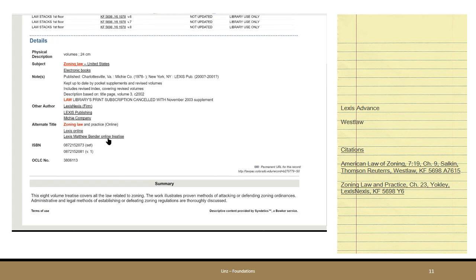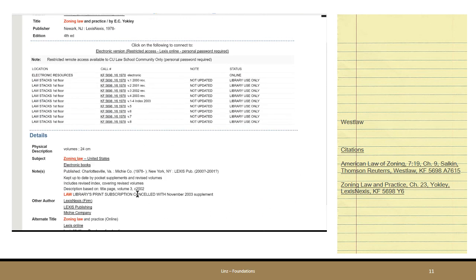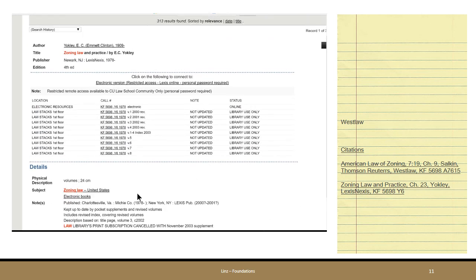And we also see that there's a summary here. This 8-volume treatise covers all the law related to zoning. So that's useful. Sometimes you'll see a notes field. Sometimes the cataloger will include chapter content, title of contents, not the contents themselves, and other information. Well, this is great. So one way we could find it, beyond walking to the point in the collection and